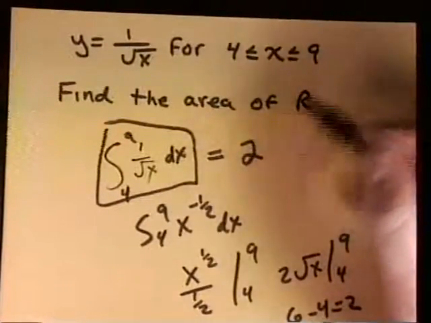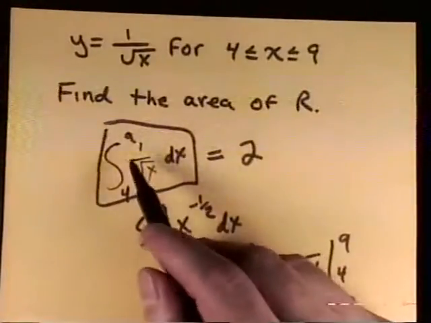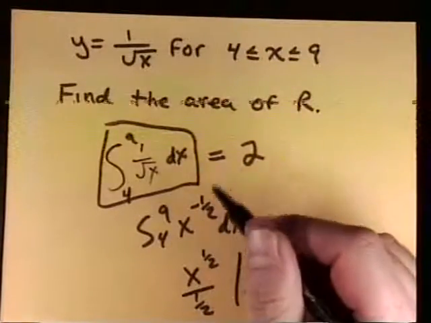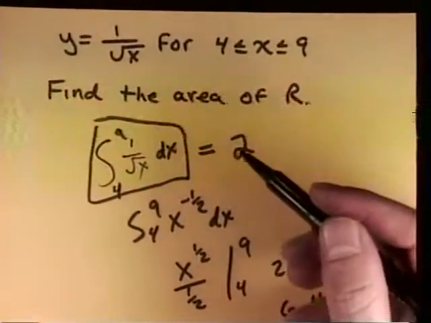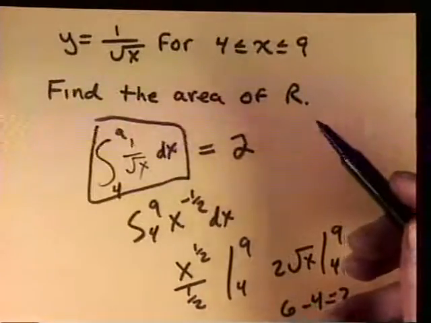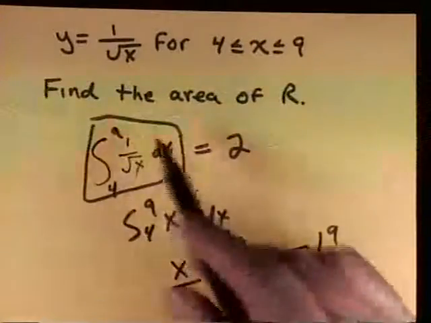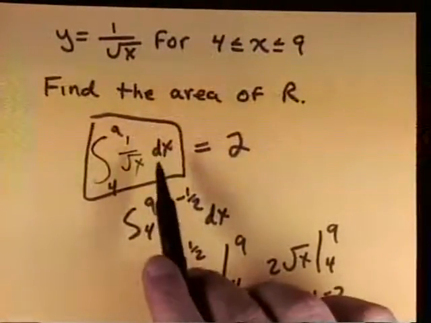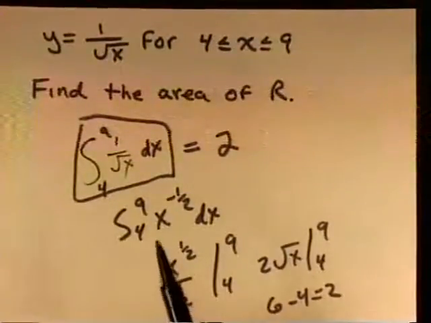So if this is a calculator free response, this year they have calculator free response and non-calculator free response. All you'd have to do is write this and then put down the answer, and you get actually all the points. You can actually do it out the long way, but if you have a graphing calculator, this is your friend when you have a definite integral. Do you know how to do the definite integral in the calculator? Yeah. Okay. I would actually save time by typing that in the calculator and coming up with the answer instead of doing it the long way if it was a calculator part, okay?